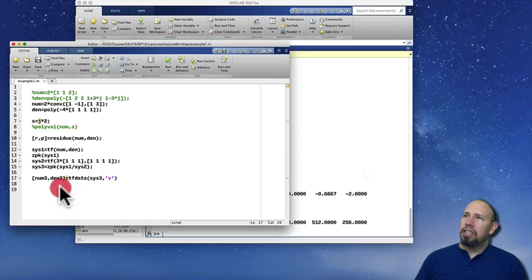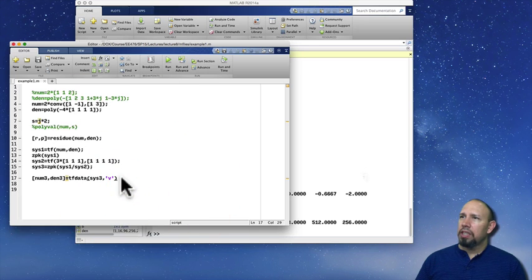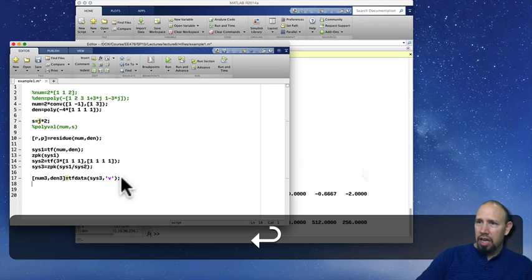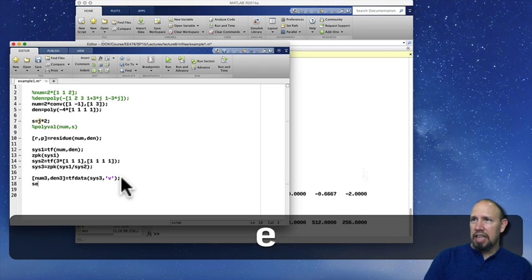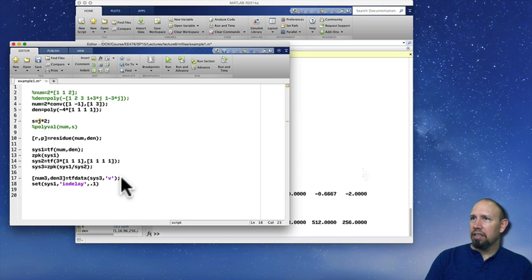Now, suppose I have a system and I want to incorporate a time delay into the system. I can do, for example, set sys2, let's do sys1 IO delay. So let's say it has a time delay of 0.1 seconds. So it'll do that. And when you run this,